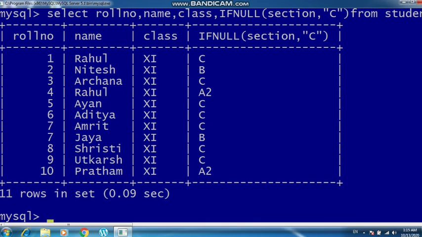So you can see now that with IFNULL, it is not permanently updated. However, if you want to show the output to someone that right now you want to get it updated to C, and it is not that much time with you that you will update the column for every student at a particular moment of time, you can run this command and then you can show the details over there. Alright, so this is how the null value during runtime can be updated to a particular text of your choice. So this is how we work with null value.